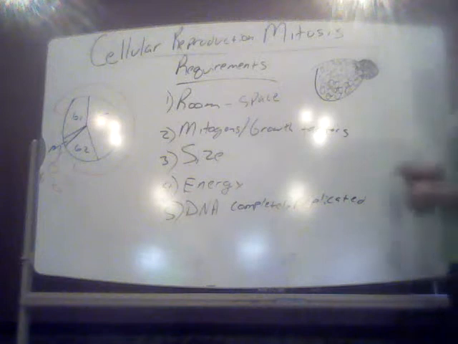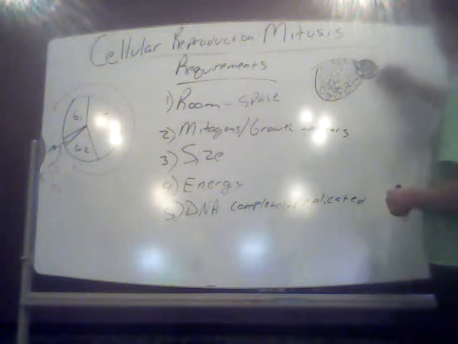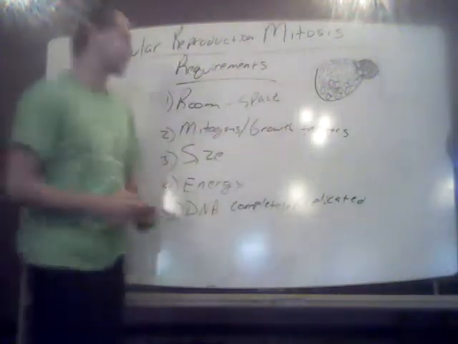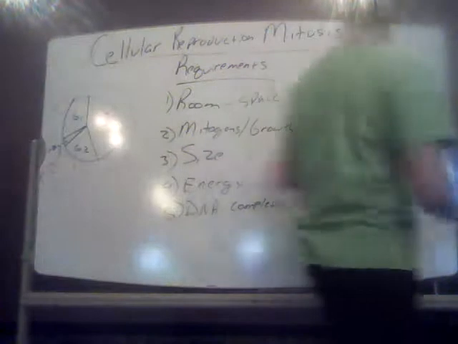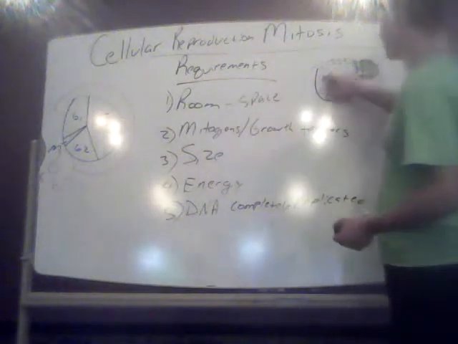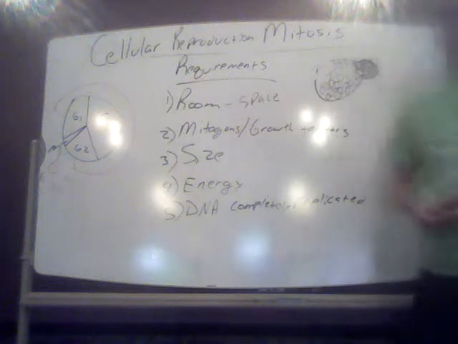And this can be bad, for example, if you have a benign mass growing and it starts to compress an artery. All right, if it starts to put pressure on an artery, that's going to impede blood flow to tissues that need that artery. That could kill the tissues. All right, or, you get the picture here. So that's basically one requirement: there needs to be space. A cell has to die somewhere in here. There has to be some kind of tissue damage, so there's room for the cells to actually proliferate.